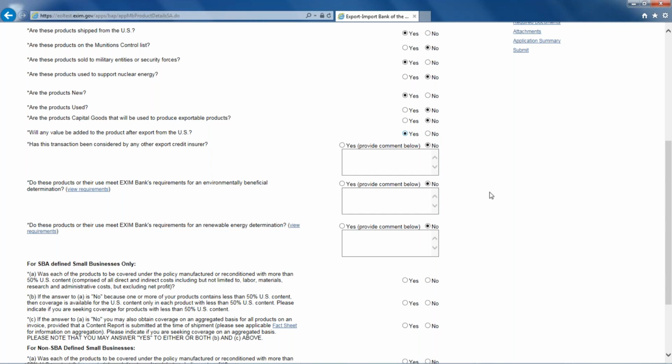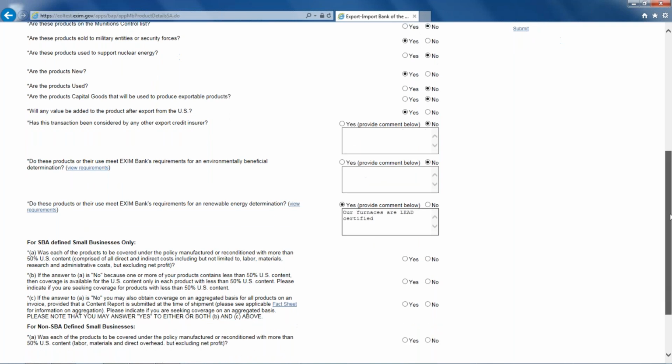No. These are going to default to no, by the way, so you'll need to change those to yes if it happens to be the case. Do the products or their use meet Ex-Im Bank's requirements for any renewable energy determination? I'm going to check that yes for the fun of it. I don't know if this is going to be relevant, but I'm going to put that in there just in case.